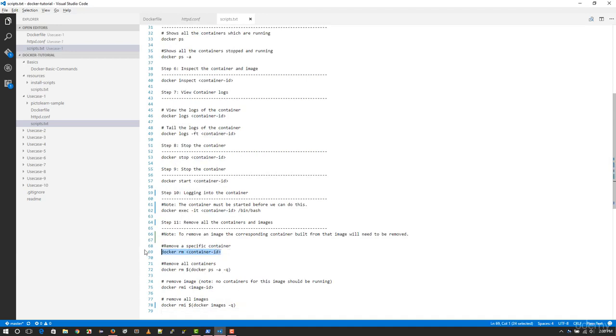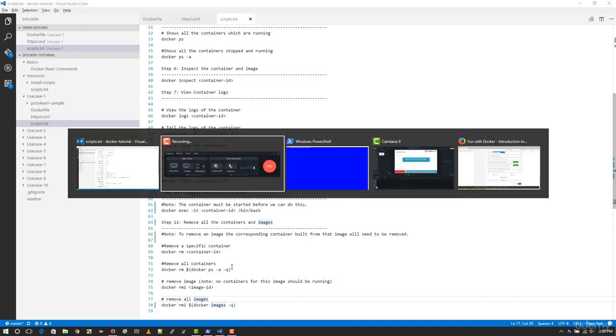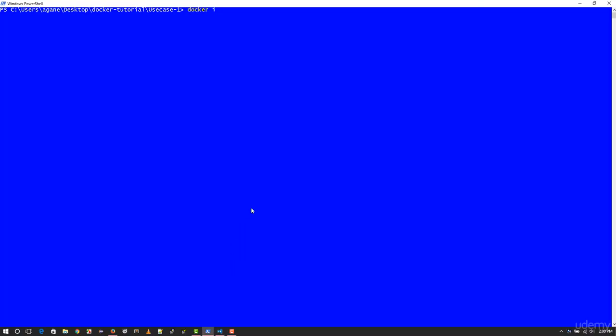The first one signifies how to remove a specific container based on a container ID. The next one is to remove all containers. And then the subsequent one is to remove an image by image ID and then remove all images. Now I want to show you 3 things here. The first constraint here when you're trying to remove an image or a container, for example, is, let's say, Docker